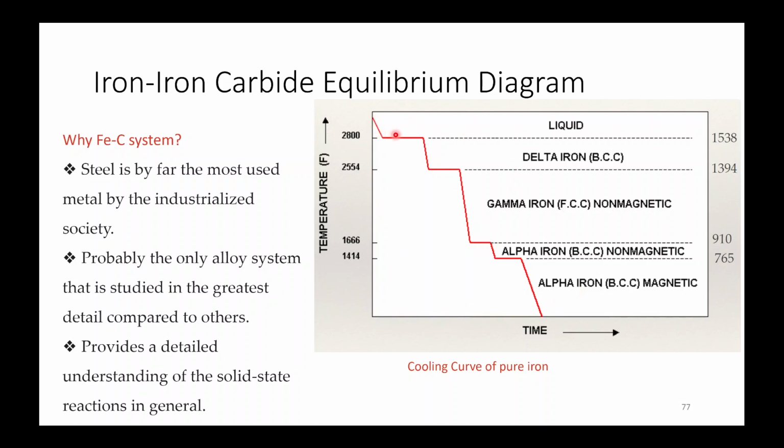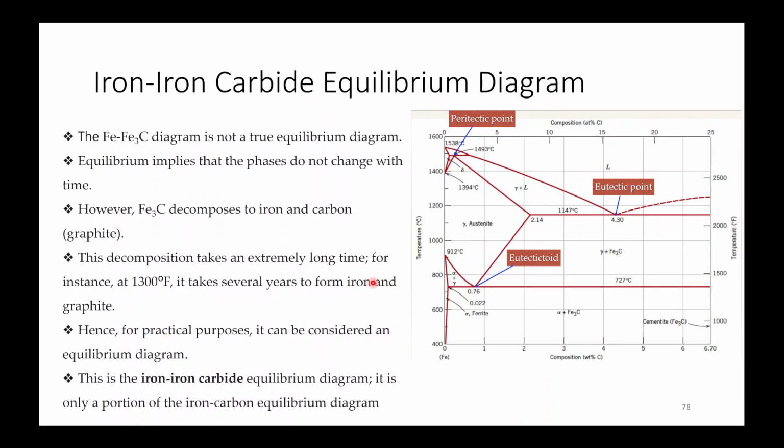So if you cool pure iron, firstly it will solidify at 1538 degrees Celsius. Then delta iron will convert into gamma iron, which is a non-magnetic phase. Then it will transform into alpha iron at 910. Then your Curie temperature is 765. Below this it will be magnetic. Now as we start adding carbon, we see these lines, and so for the Fe3C diagram,